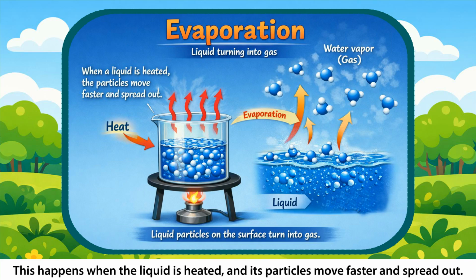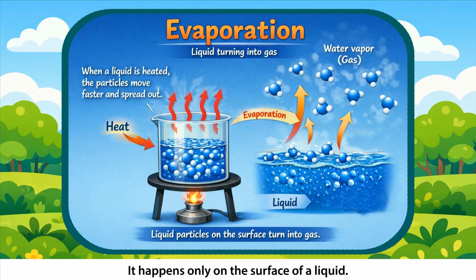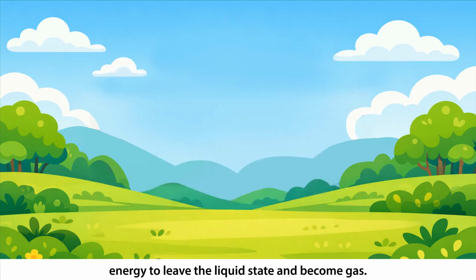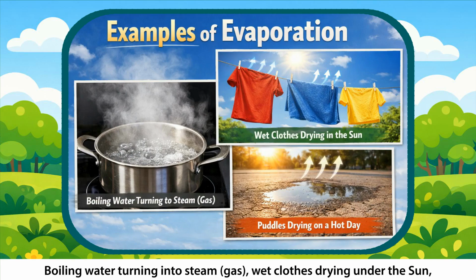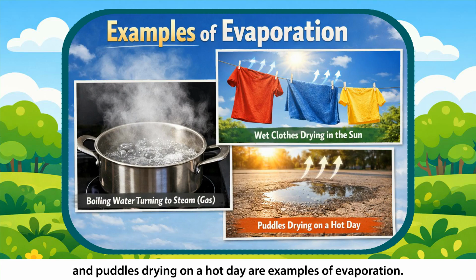This happens when the liquid is heated and its particles move faster and spread out. It happens only on the surface of a liquid. Some particles on the surface gain enough energy to leave the liquid state and become gas. Boiling water turning into steam, wet clothes drying under the sun, and puddles drying on a hot day are